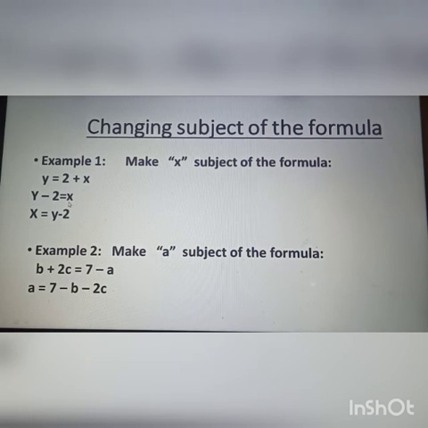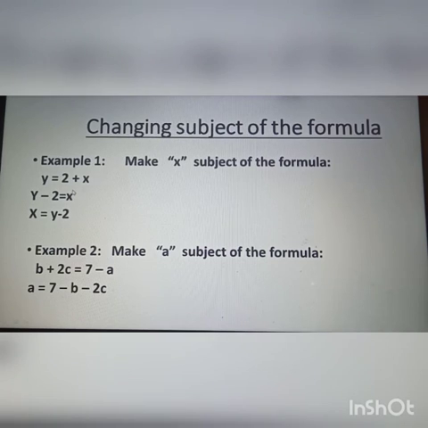So the thing is that basically the signs get changed to the opposite sign. If a positive 2 is there and we take it to the other side, it will become a negative 2. If something from the left hand side is to be taken to the right hand side, let's suppose y is to be taken to the right hand side, here it is a positive y, on the other hand side it will become a negative y. So in this question we basically have to isolate x here. The concept of making any variable subject of the formula means that we are to isolate x here.